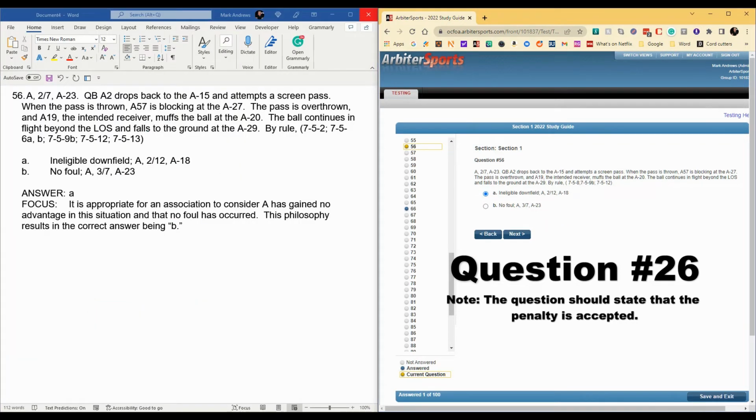But wait, there's more. What you see here is the instructional chairman's version of the printed study guide, and it always includes this focus section for each answer. And notice what it says: it is appropriate for an association to consider that A has gained no advantage in this situation and that no foul has occurred. This philosophy results in the correct answer being B. Now remember, the question said by rule. Okay, so by rule, the correct answer is A. But by philosophy,